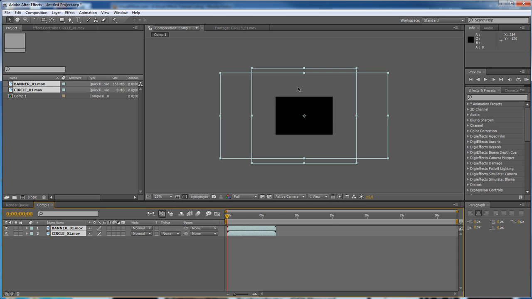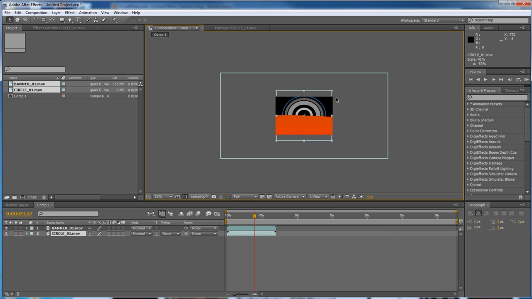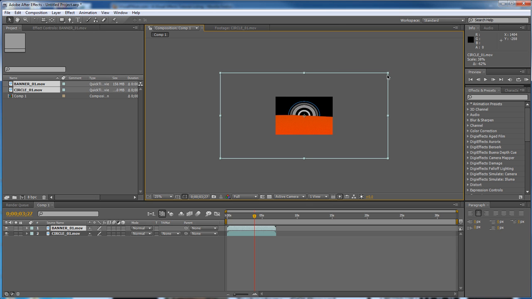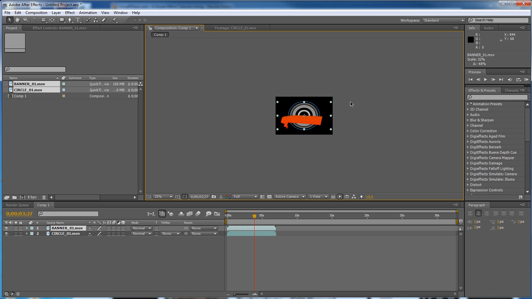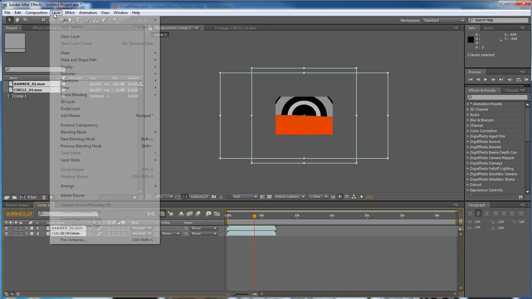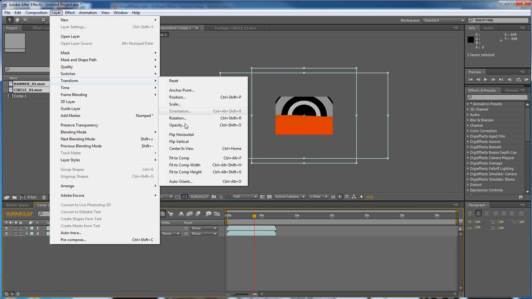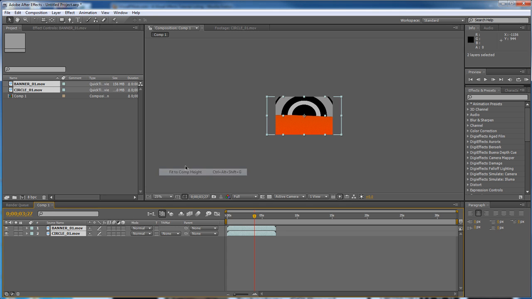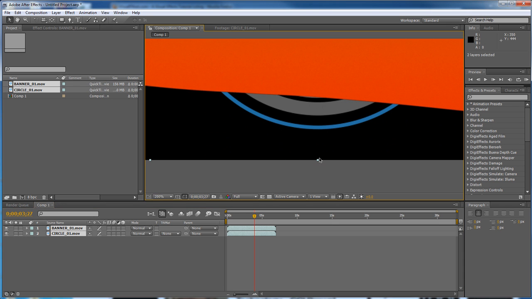You can see they're both huge, and I would have to mess with these both manually to get them correct and just kind of really look closely to do this kind of thing. And this one's wider and stuff. Well, instead of doing that, what we can do is grab both of these, do Layer, Transform, Fit to Comp Height. Now they're both fitting to the exact comp height, and they are pixel perfect right